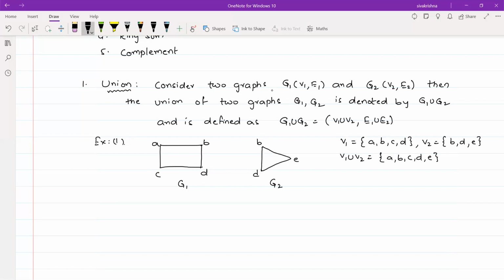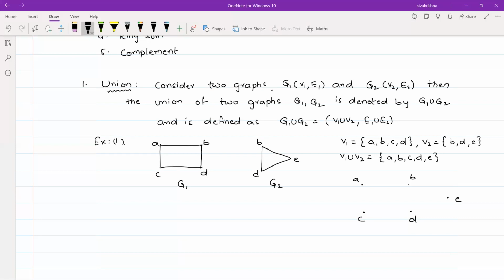It means in the graph G1 union G2 there are 5 vertices present in that particular graph. Okay, so now I am representing the 5 vertices. So this is 1, 2, of course 3, 4 and 5. After that we have to represent the edges. Whatever edges we are having in both the graphs, those edges should be represented in the graph G1 union G2. So now I am naming the vertices A, this is B, this is C and this is D, of course this is E. Now I am going to represent the edges.